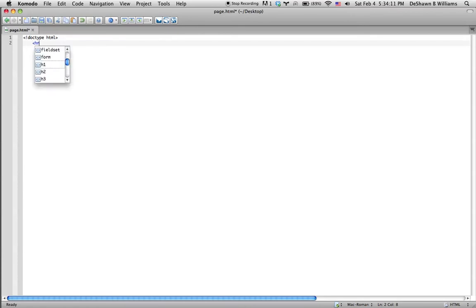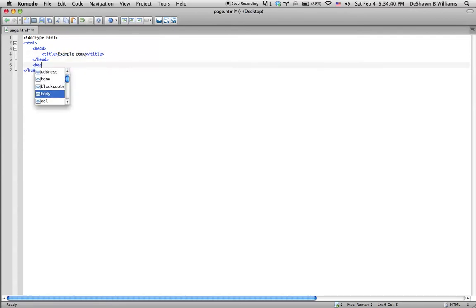And the same thing with this tag. It's HTML, and all tags, HTML tags, have angle brackets. They're surrounded by angle brackets, and they have corresponding closing tags in most cases. So HTML head is where we're going to contain information about the document we're creating, and the title is example page. And for the body, which is going to contain all the content of the page, we're going to have